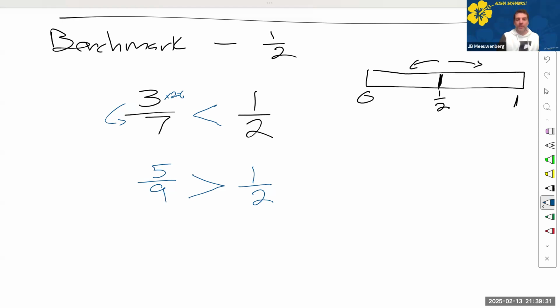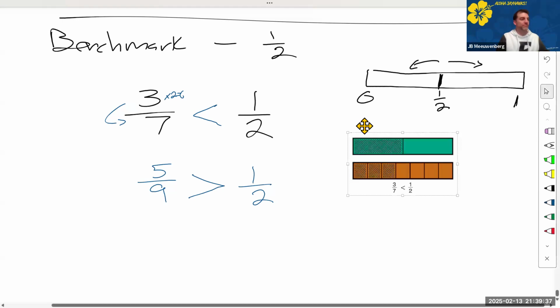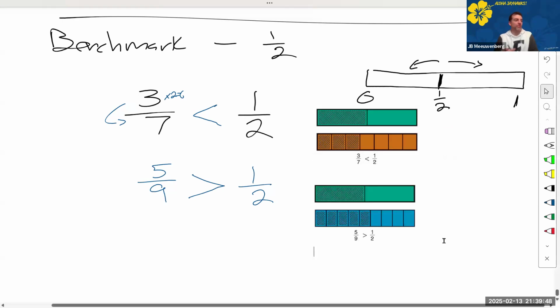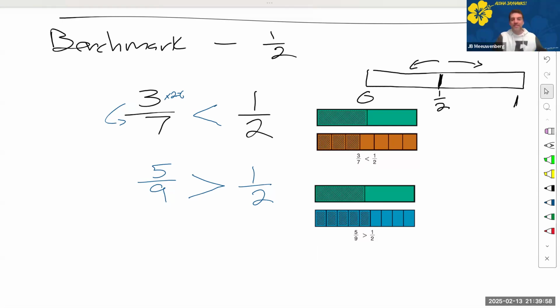And so you can see here, I'm going to show you a diagram of 3/7 compared to 1/2. There's that first one. And here's one for 5/9. Again, some visuals that go with those. The green half is on top, 3/7, 5/9. And it says